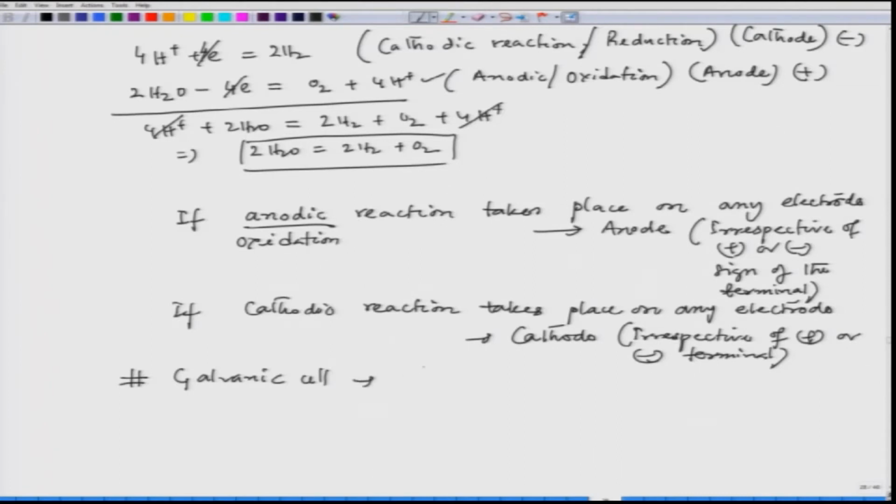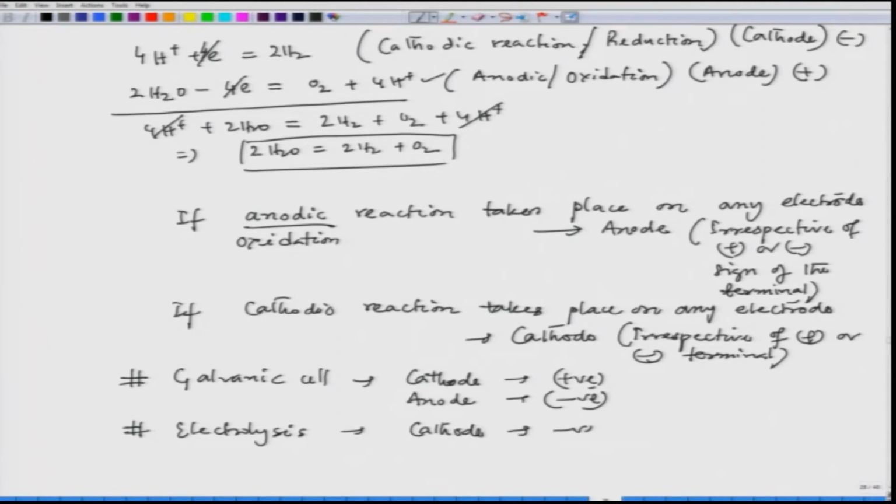In the galvanic cell, cathode is positive and anode is negative, the sign of that electrode. And in case of electrolysis, cathode negative, anode positive,